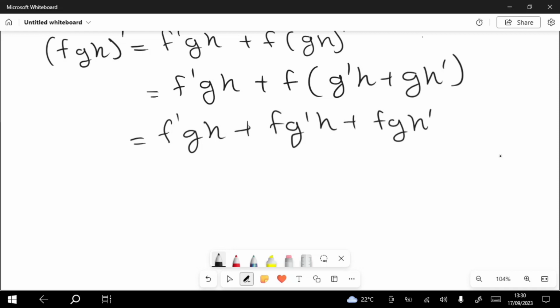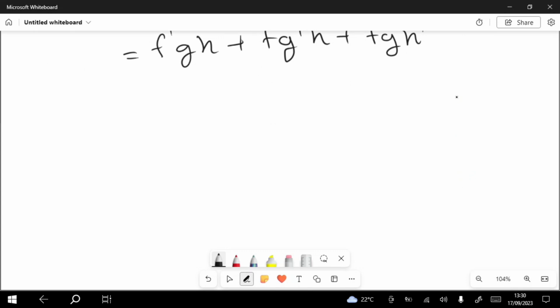Well, if you do this to 4 and 5 functions, you're going to get something similar, where there are as many terms as there are functions. And in each term, a function is differentiated respectively, like f, g, and h. If you get f, g times h times k, you get in the first term f prime, in the second term g prime, in the third term h prime, and in the fourth term, k prime. So it looks like